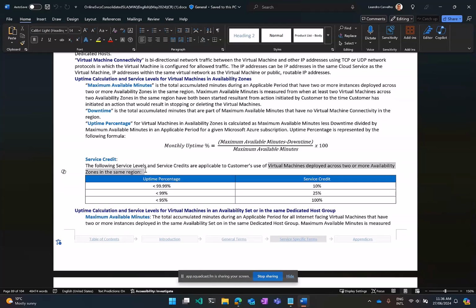guarantee is 4 nines. Back to that list that I showed you, 4 nines is a 1 minute outage per week. So if you have less than 4 nines, that is going to give you a 10% credit. If you have 2 nines, it's a 20% credit, and less than 95%, that will give you 100% of service credit. But my point here, and that's important, this is the SLA for virtual machines deployed across two or